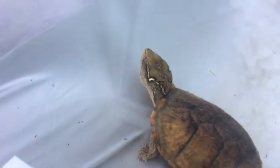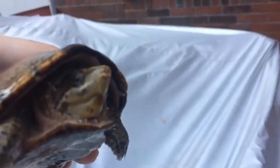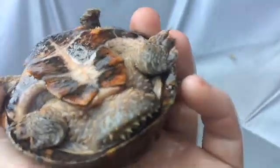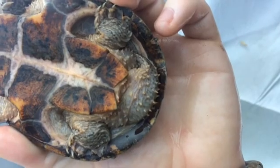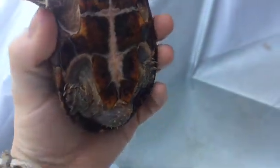Their bite force is not as strong as a snapping turtle's would be, but I'm sure with a beak like that, here, I'll get him out of the water so we can look at his beak. With a beak like that, I'm sure it could give you a nasty bite. And if you turn him upside down here and you look at his tail, it is very small and very pointy or spiky down there. So these look a lot like a small snapping turtle. And I'm going to set